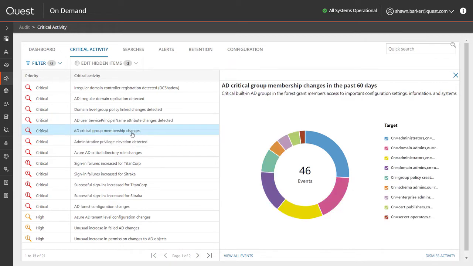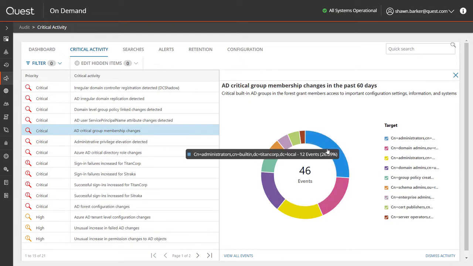And so the second part of the new capabilities are these interactive visualizations. The first step is you get an alert that there's been an indicator of compromise, and you need to investigate that. And on-demand audit is focused on making those investigations as easy and as quick as possible for you. So now these visualizations are fully interactive.